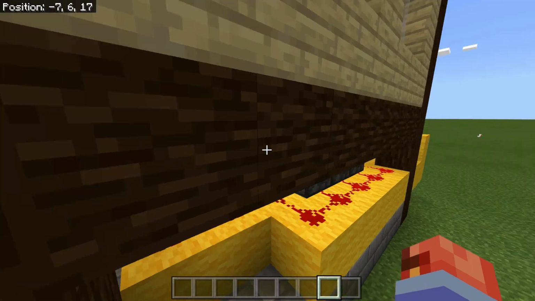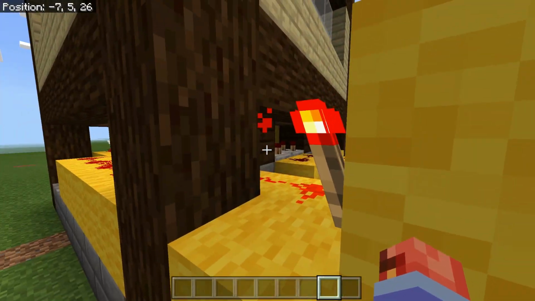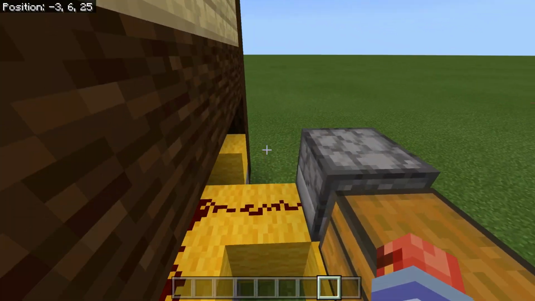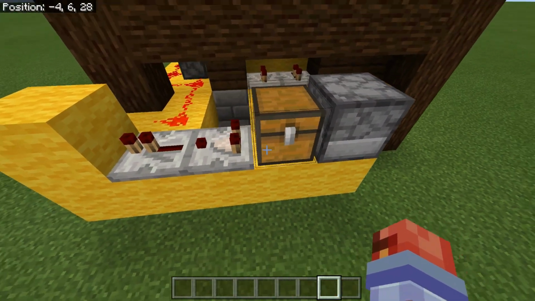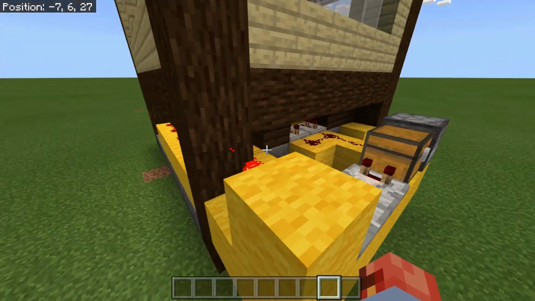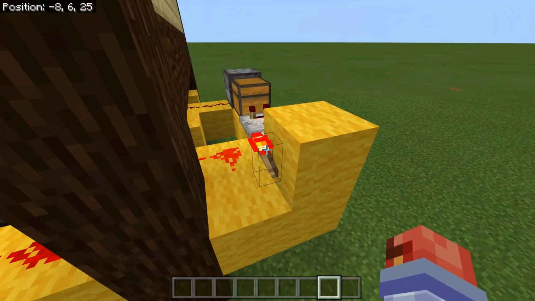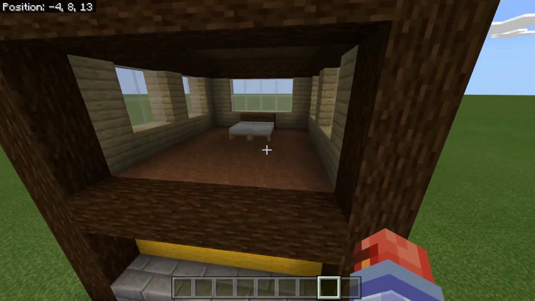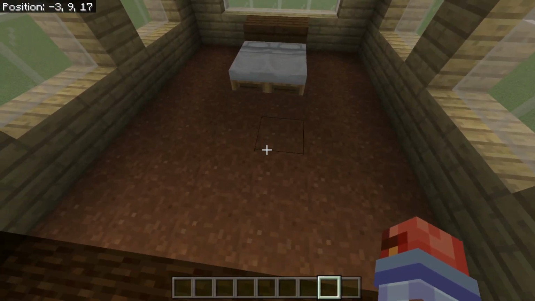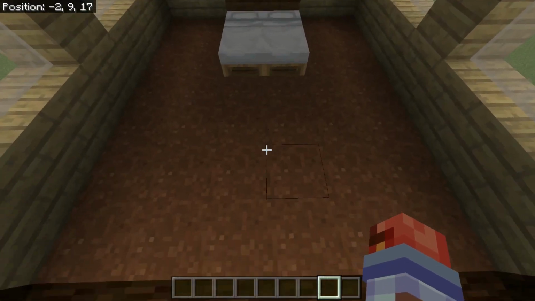So what we have underneath here is the observer, which then brings in a 1-tick pulse, which then activates this dropper, dispensing into the chest, and then activating this comparator, which then turns off this redstone torch and deactivates the pistons, therefore causing the gravel to fall and sending all this concrete into the lava below,